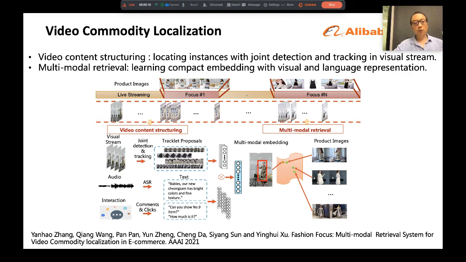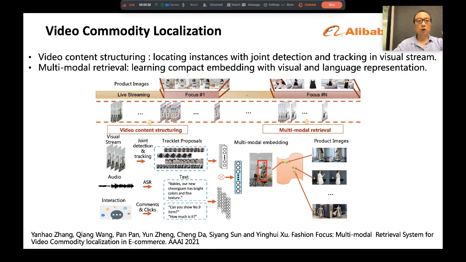So video commodity localization is a core component of the shoppable video system. In the traditional way, given untrimmed videos, existing approaches require the sellers to manually attach images of selling products to the timestamp of product exhibition in the video.